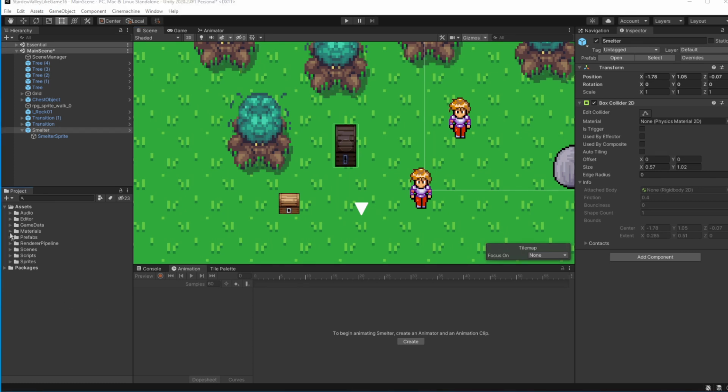Create a new item for the newly created placeable object, which we will call a smelter.